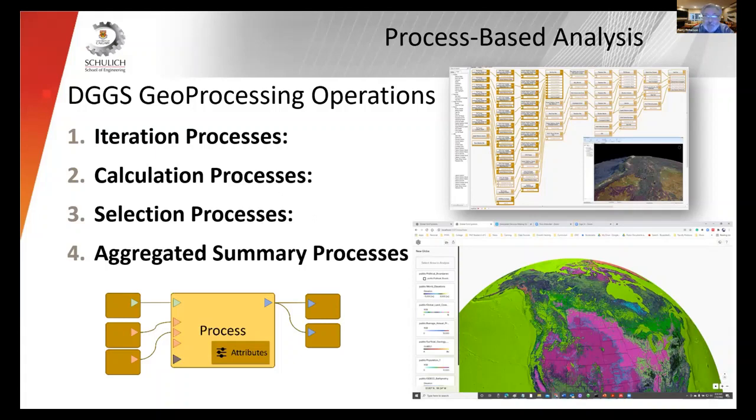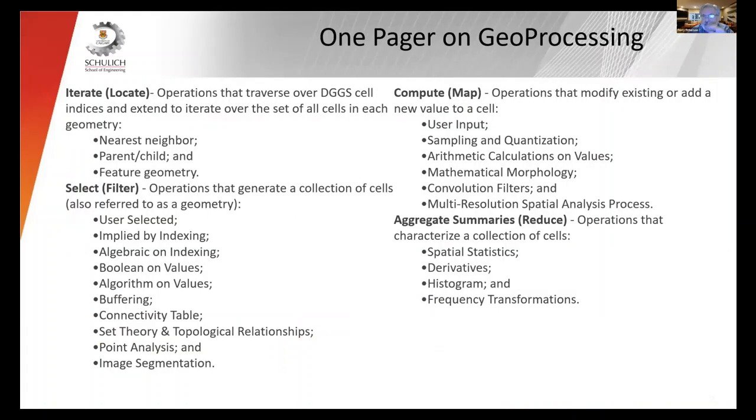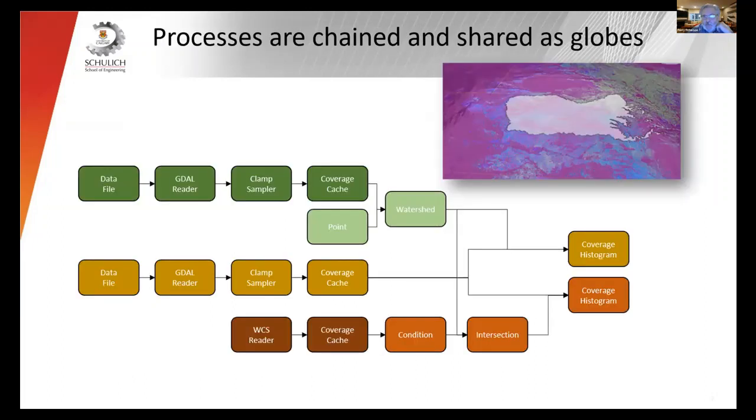It's not that we could do something new here, but it's all on a globe, in a common environment, a common framework, as David has said. So that's kind of the way I would see a DGGS process-based analysis works. And I've got a list on this slide of examples of these processes that are working in these operations. Now, so this is kind of a workflow for watershed.